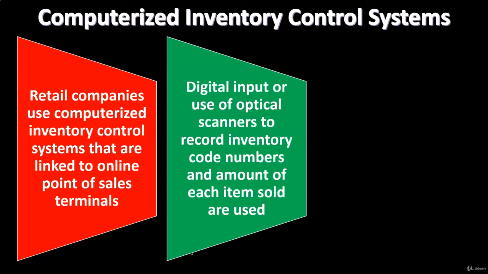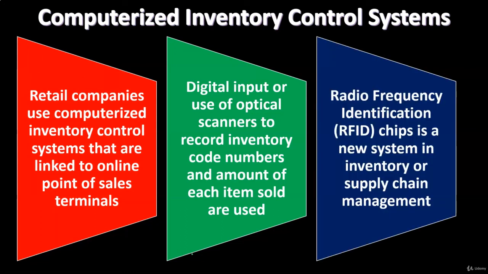when you just do your shopping and have something be scanned, because when you scan something, the person that scans it only needs to know of obviously the sales amount and give the cash back, and the computer system will then use the code to do the other side of the transaction, which is to record the cost of goods sold on a perpetual basis and record the reduction of the inventory. So then we also have the radio frequency identification. That's kind of the newest thing. The RFID chips is a new system in inventory or supply chain management. That is another way that it's going to help us to basically track our inventory as it goes through the inventory process.